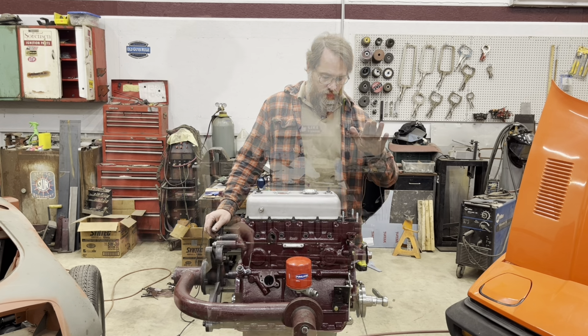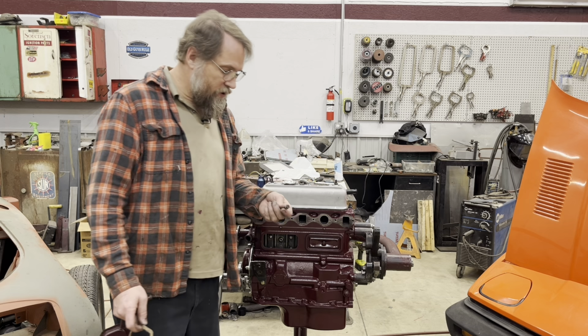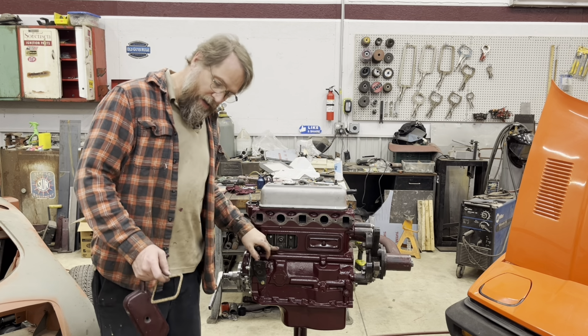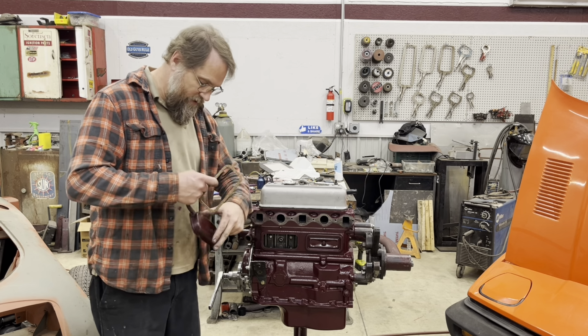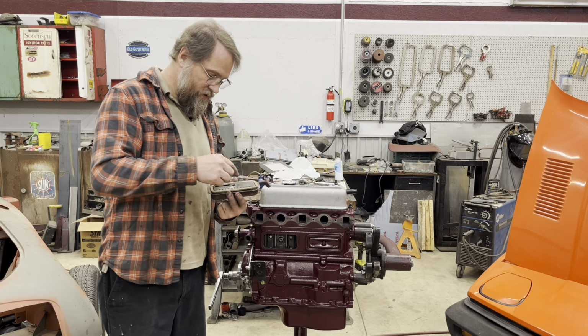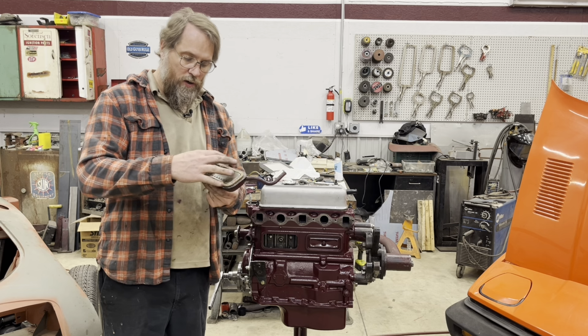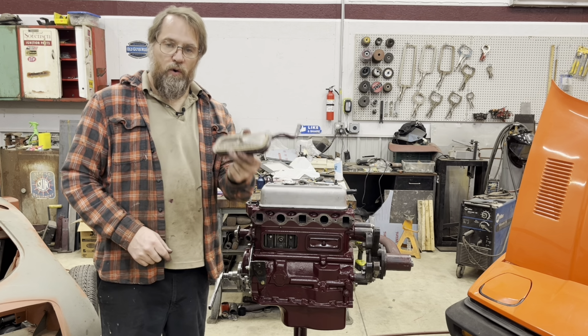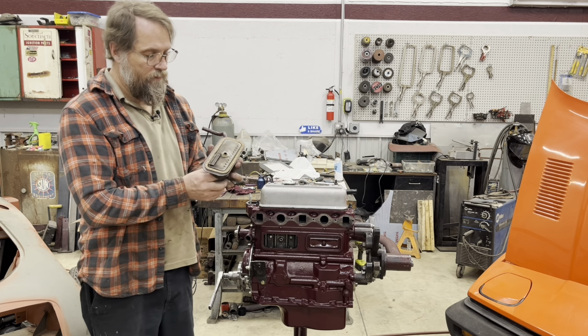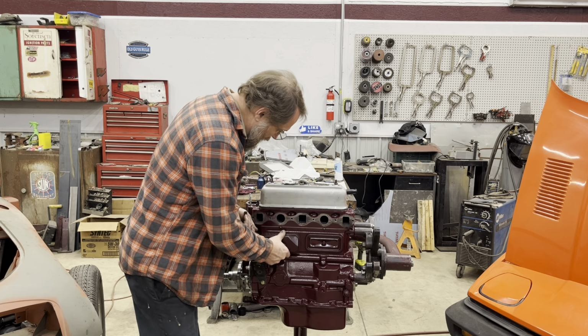Now on the side covers, I do like using the later side cover here with the silicone rubber gasket on the rear. And I always like to use the little cups and rubber seals underneath the bolts. But for this front seal, I do not like the silicone rubber ones, because I find they squish around and move around and don't always stay in position, because they don't fit the back of this cover so well. So I always use the cork gasket. Use a little bit of gasket sealer on the back side of it here, and then we'll put it on and I'll let it sit overnight